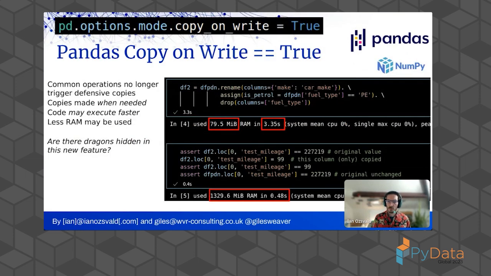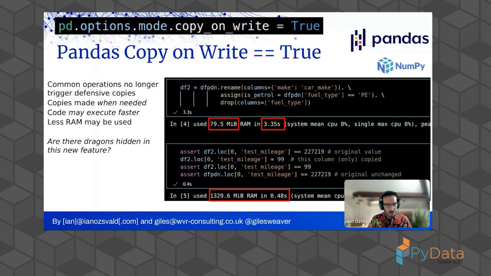What if we turn copy on write on? Then we do the same operation, the same 3 things, 3 seconds, almost no memory is used at all. But later on, if I assert that my original data frame is not modified, and then I modify the derived data frame, and then I check it and check the original, then a copy occurs for that one series that's modified, and not the rest of the data in there. So that's much, much cheaper.